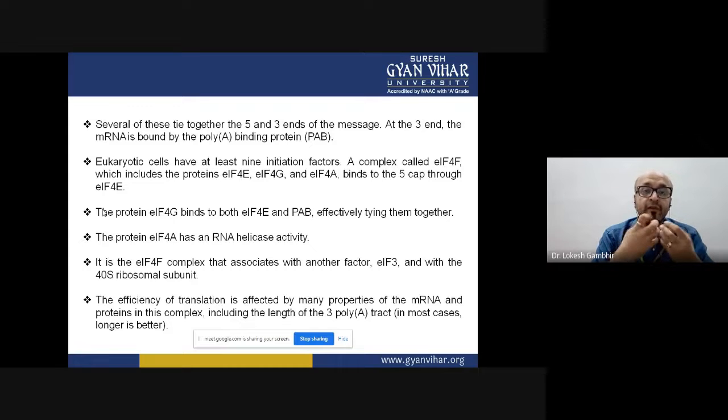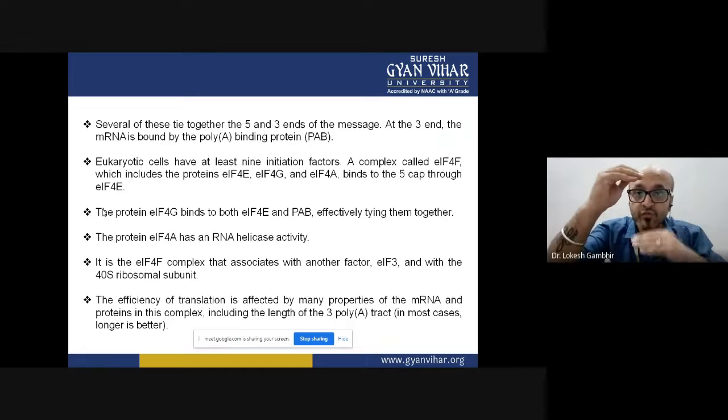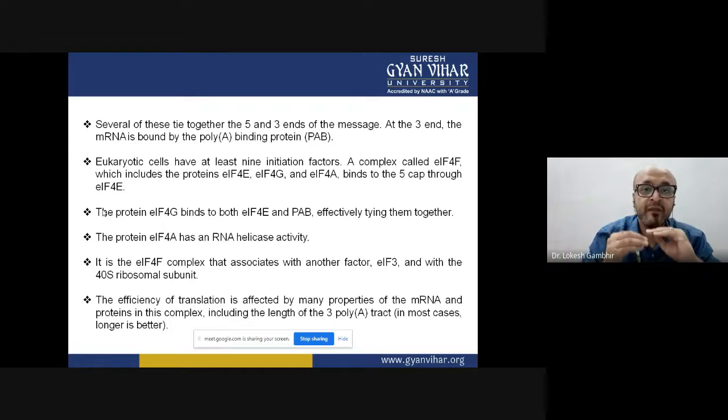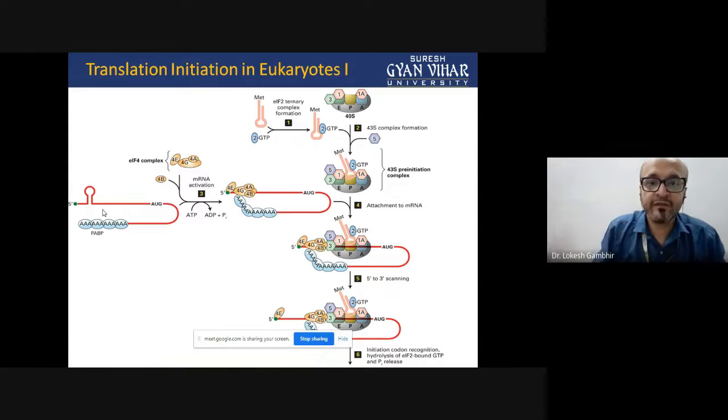Then how efficient is your initiation factor 4A, which is a helicase that will remove the double strand part. So all these factors cumulatively are responsible to execute an efficient translation process in eukaryotes. Now without any delay, after knowing all these functions of initiation factors, what is our job? Our job is to arrange these functions in a sequential manner, exactly the way it happens in eukaryotes. So let us start with it.